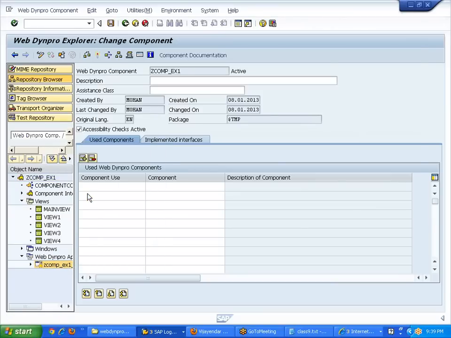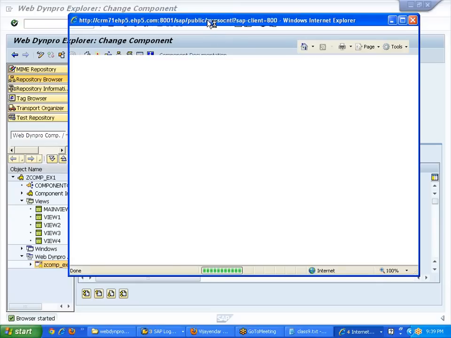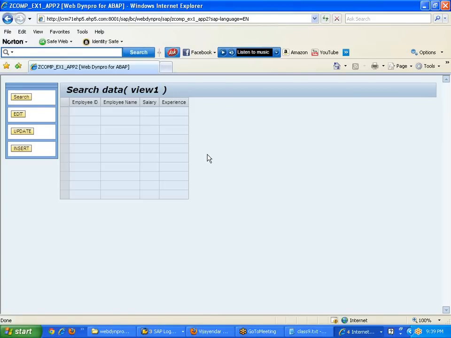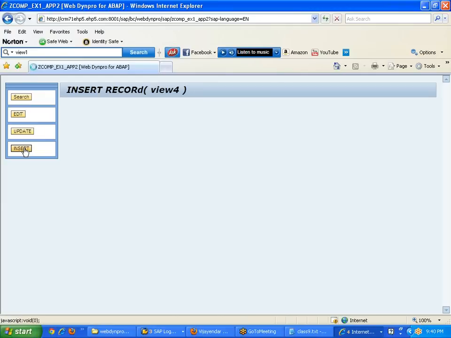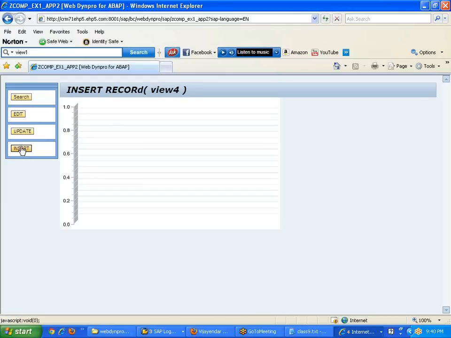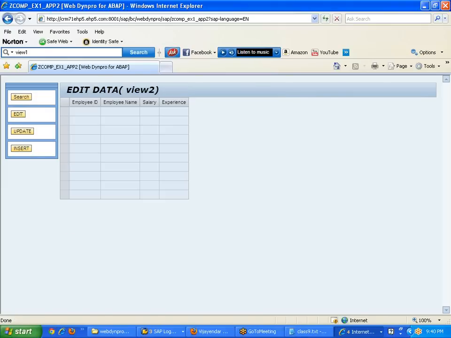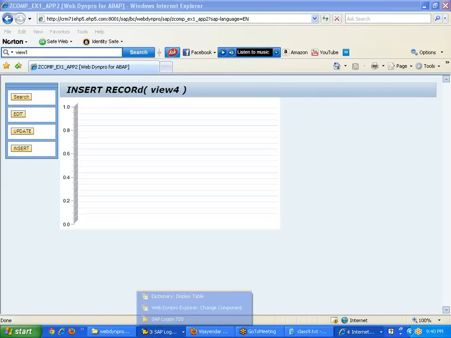Let us test it. So now there is a view 1, and you can see there is view 2. On view 4, there is a graph here. But if you closely observe, there is no data displayed here. Data is not displayed. So what we try to do is, we'll try to display the data by calling our